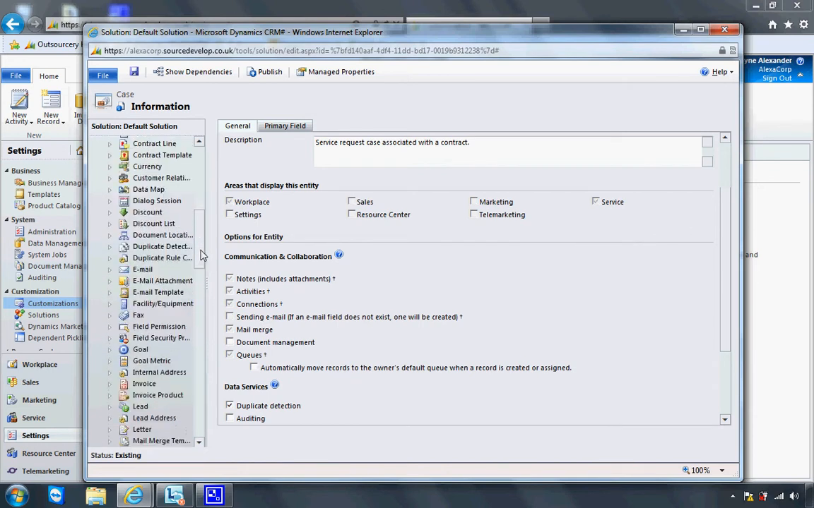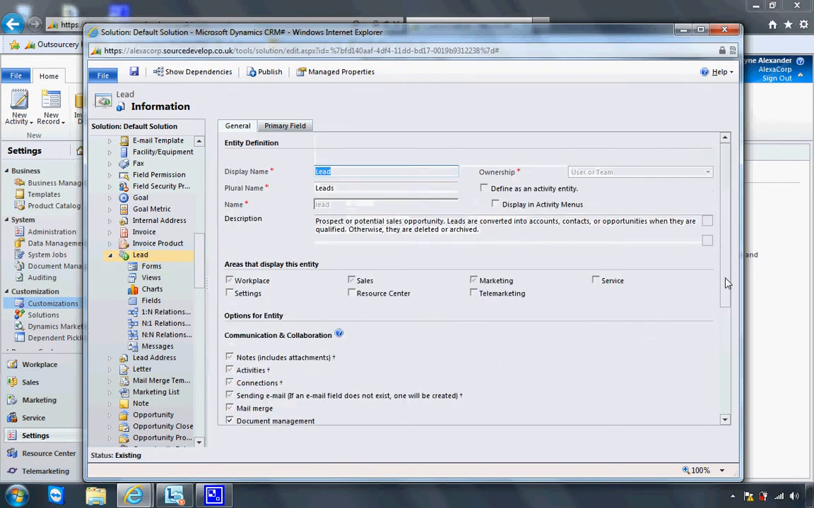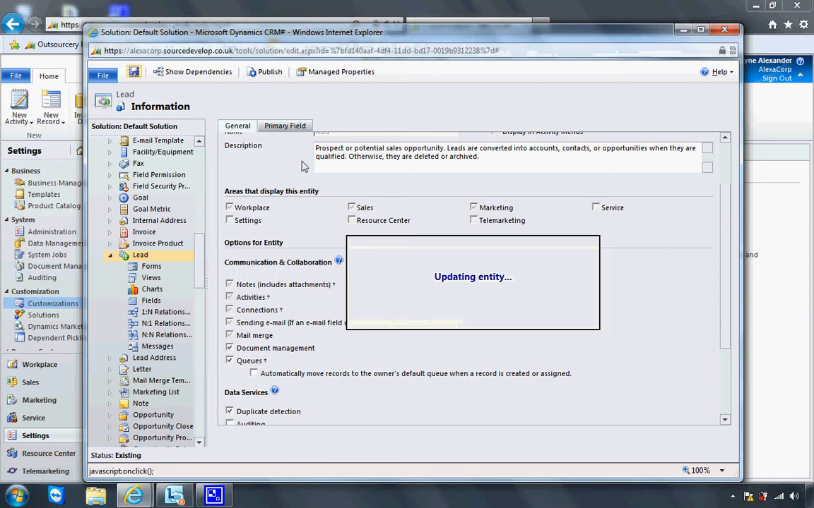I could go down to an entity which hasn't been done, for example leads. Just click on leads to go to that particular entity. Wait for that to go through. As you can see there, queues haven't been set up for leads, but if I was to tick that box, I can set that up right now. There's also an option here, it's the same for cases, which automatically moves records to the owner's default queue when a record is created or assigned. I'm not going to tick that box for what we're doing today for cases, but just to let you know that option's available. So I'm going to go ahead and save that,